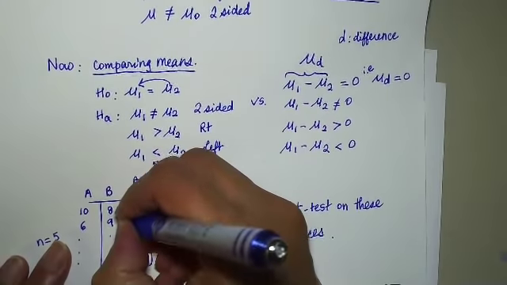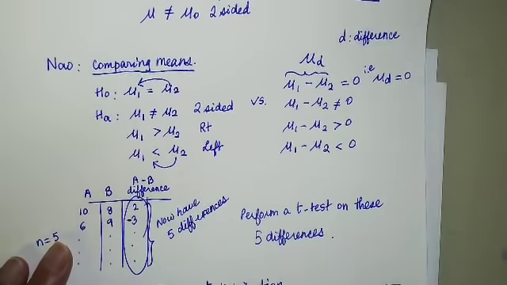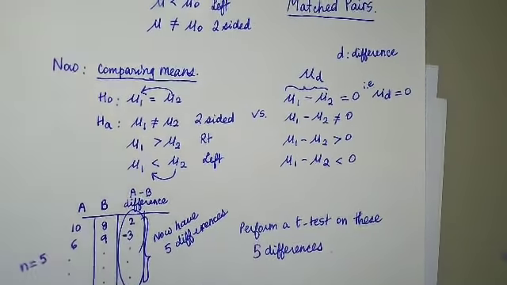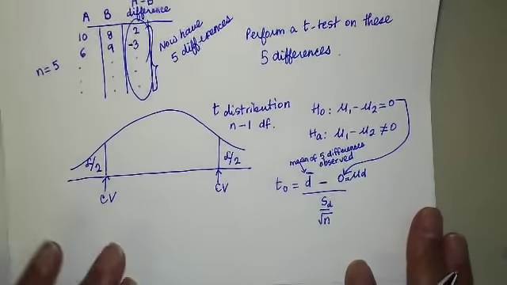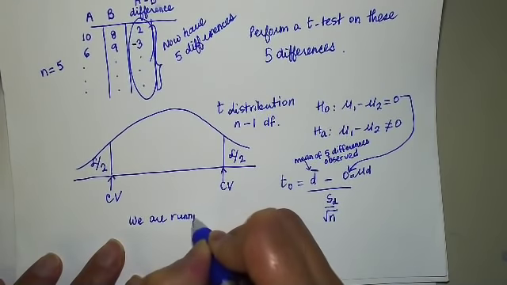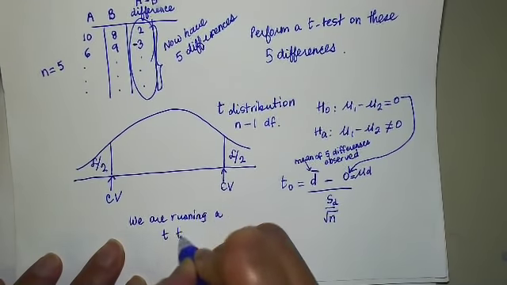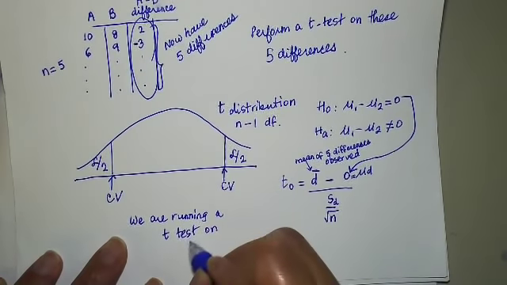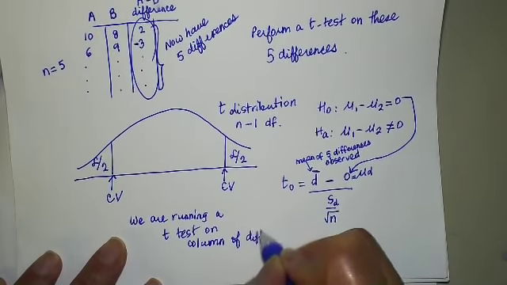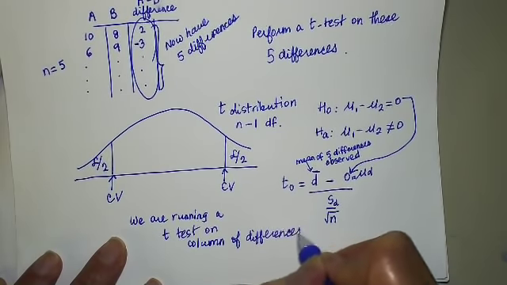Yes? Should that be a negative 3? Where? In the A minus B difference column? Yes, this should be a negative 3. Thank you very much. Negative 3, yeah. So we are just running a t-test. We are running a t-test on